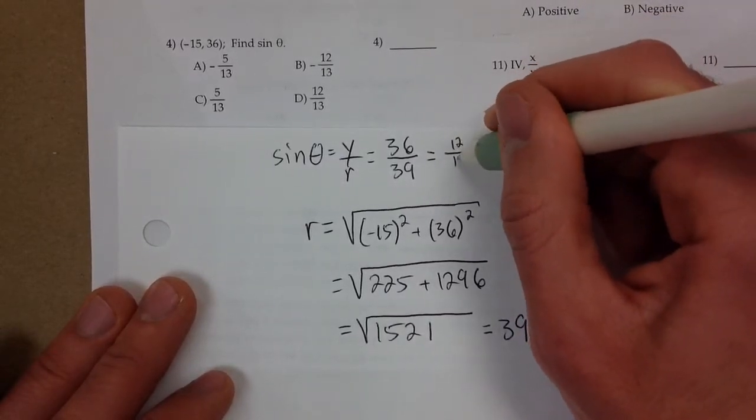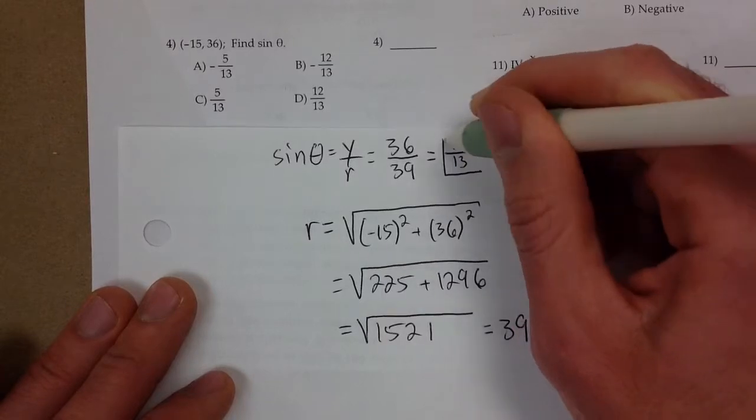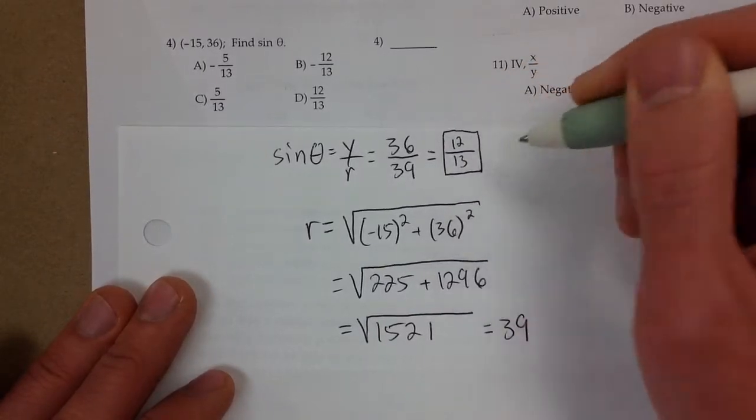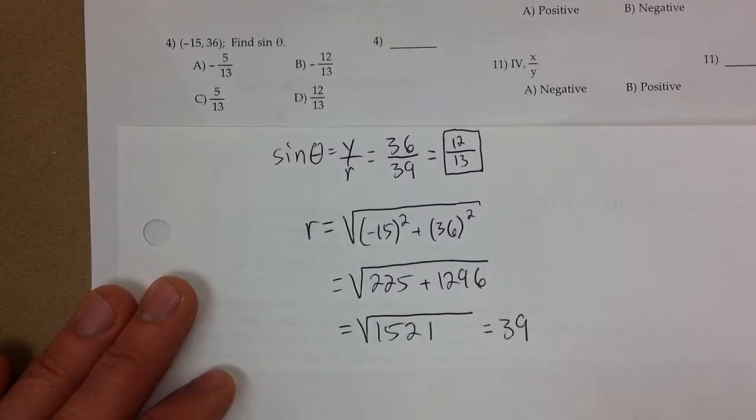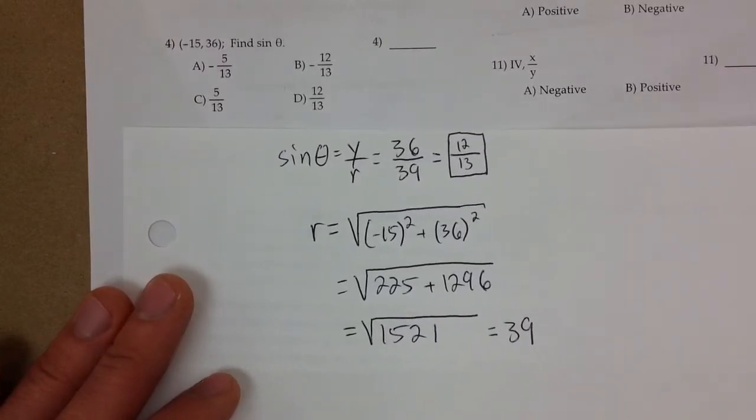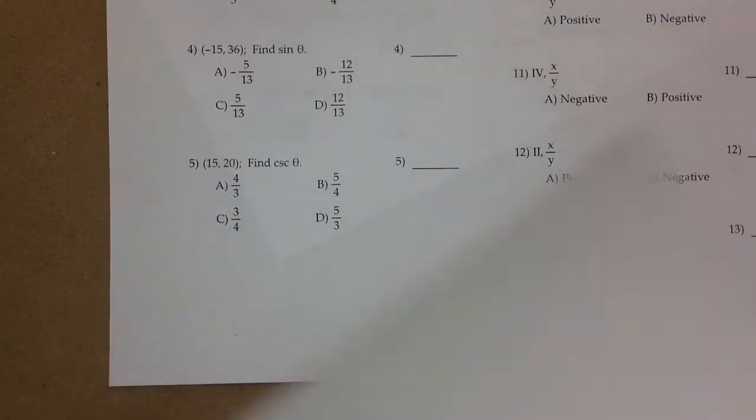Very good. Okay, everyone, you see how easy it is? It's just about x, y, and r. If you need to find r, just use the Pythagorean theorem. That's it. So 12 over 13. Next,